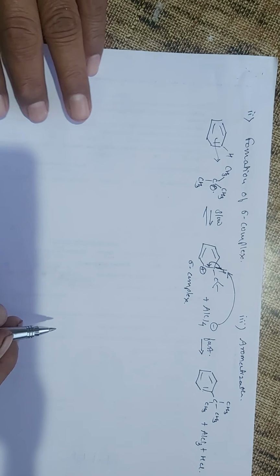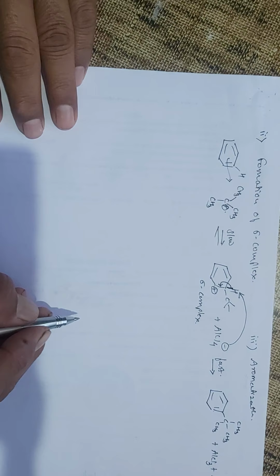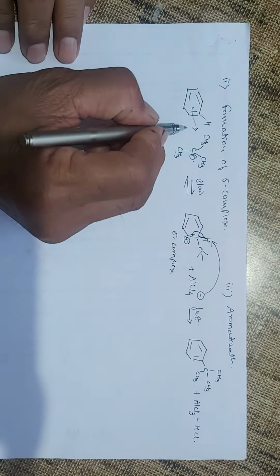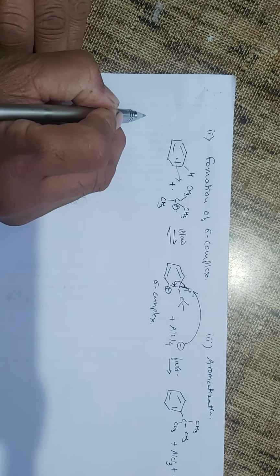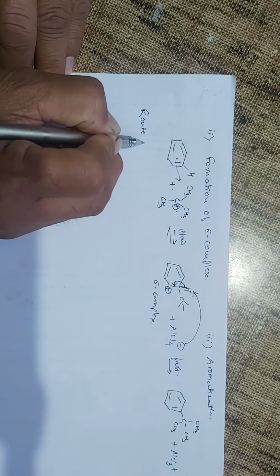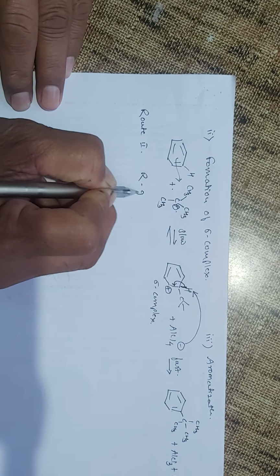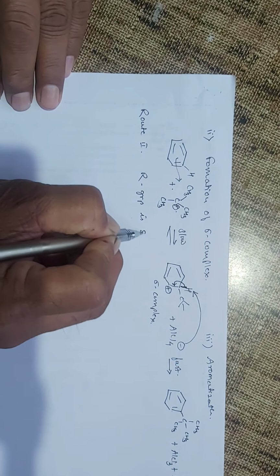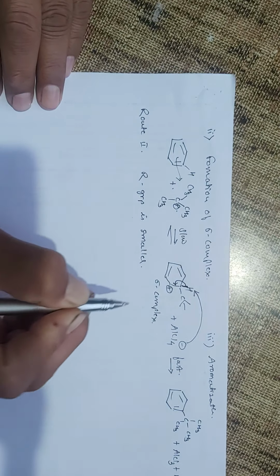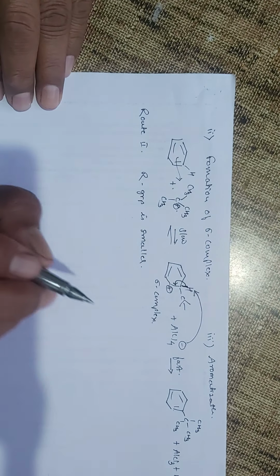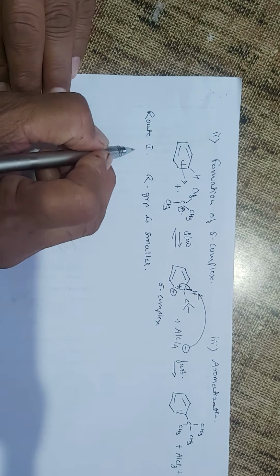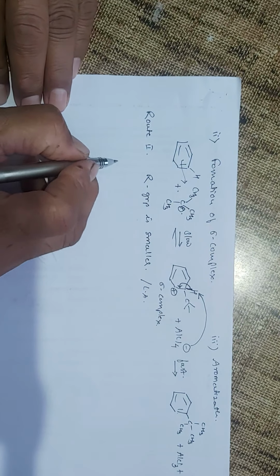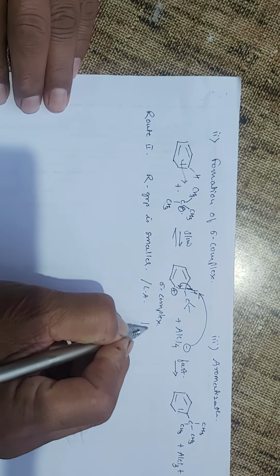So in this way, if the R group is bulkier in nature, we get the formation of a stable carbocation, and this stable carbocation reacts with the benzene. And now in route second, the R group of the alkyl halide is smaller, then the polarization of the alkyl halide does not take place easily, and so it needs the assistance of a Lewis acid as a catalyst, which gives the formation of a polar complex.